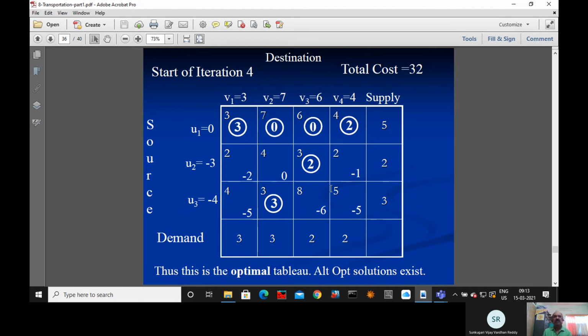Why is there an alternate optimal solution? Because if you find ui plus vj minus cij, it is becoming 0. As I've already mentioned in the simplex table, if you find zj minus cj and that element is becoming 0 sometimes, and there is a further iteration, then an alternate optimal solution may be possible. So here, since there is a 0, this says that the alternate optimal solution is also possible. Okay.